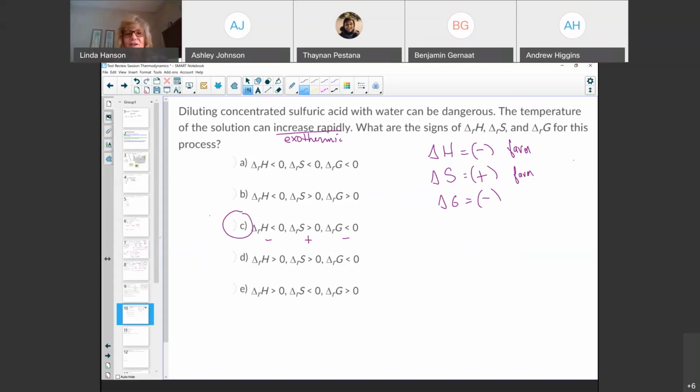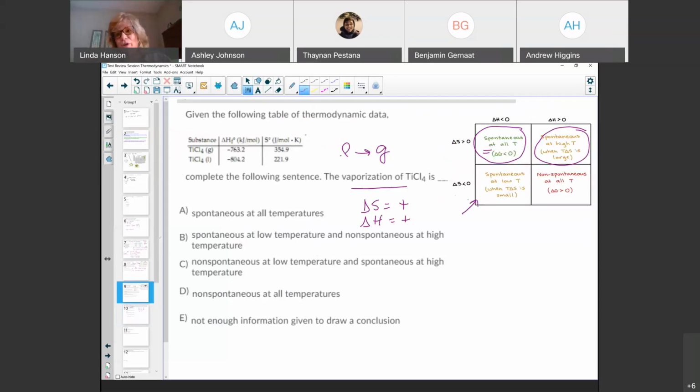Use a single word clue. And then really just think about, you're pouring water into sulfuric acid, diluting it, adding volume. Of course, that's not becoming more organized. The more volume of water, the more microstates there are, right? The more dissipation of energy. So that's a more chaotic system. But this one, it seems like this sometimes trips students in remembering if a solution is hot to your touch, it's heat releasing. So that's a good key term there to know that it was exothermic. Beautiful. And then if I could emphasize over and over, maybe to really know this chart, it's so helpful in predicting delta G signs.